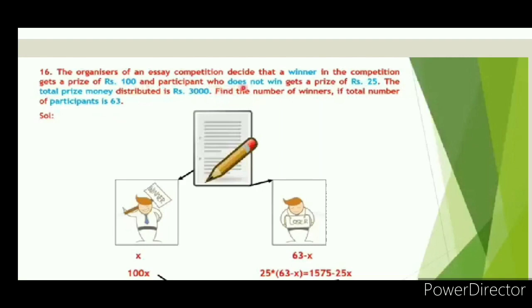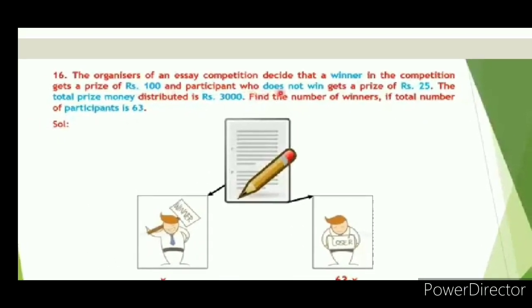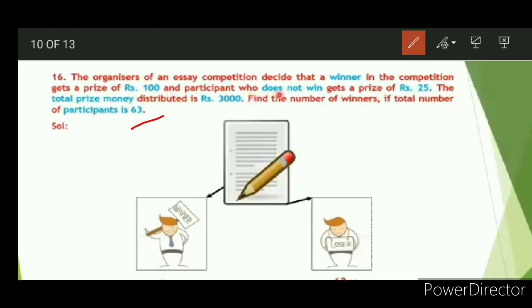Yeah, understood the question? See here, they are organizing an essay competition. Whatever the competition, there will be a loser and a winner, right? For that they will get the prize, cash prize, etc. Now, about that only this question. Here also the winners and losers are there, but total number of participants how many? 63. In that, how many losers, how many winners, we don't know, but they are asking particularly the winners, the number of winners, not asking about losers. Understand? Those who do not win are only called losers.